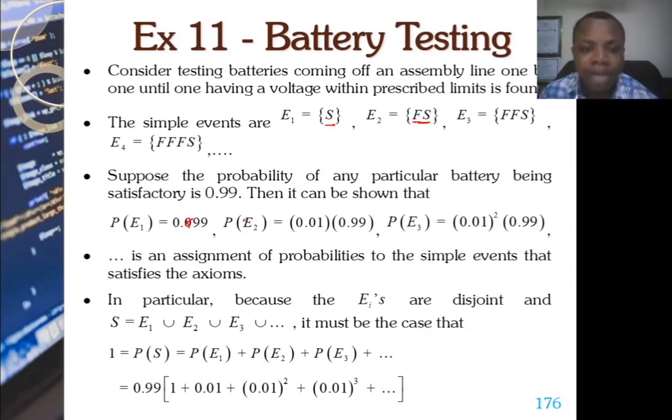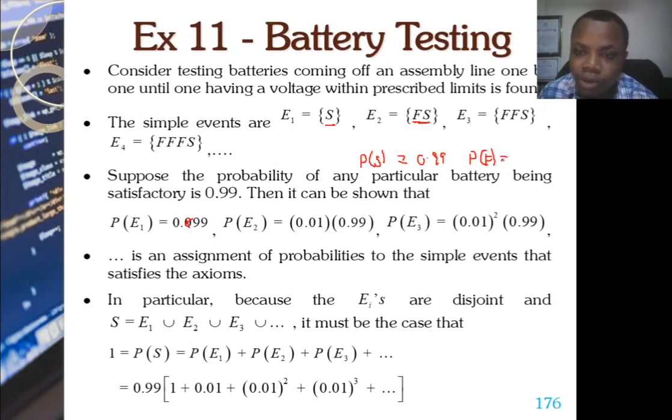So if you would like to look at the probability of the second event, and remember the second event was just what? Probability of what? Outcome F and X, okay? So if you would like to look at this, it means that for us to get, we have the probability of a success being equal to 0.99. So with this ideology, for us to get our probability of failure,